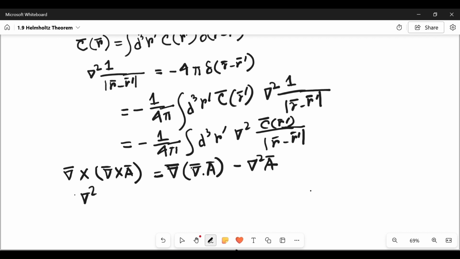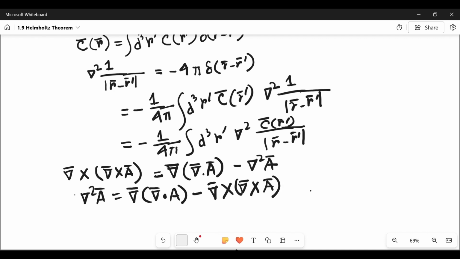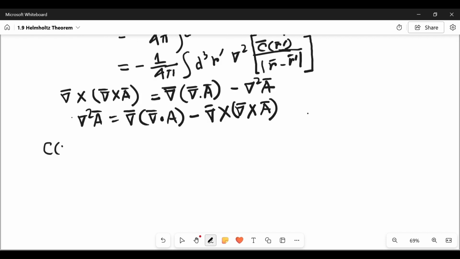So Laplacian of the vector field will be, we will apply the identity in the integrals considering C divided by modulus of r minus r prime as a vector. So the equation C at r becomes